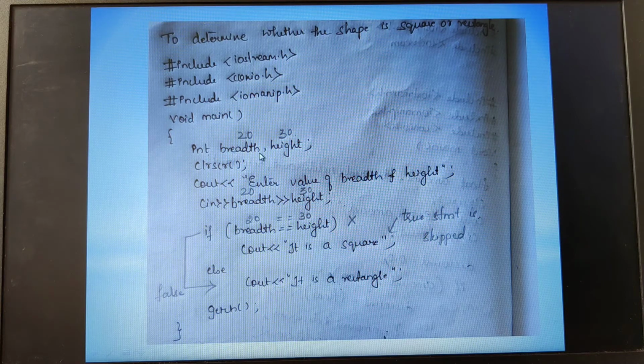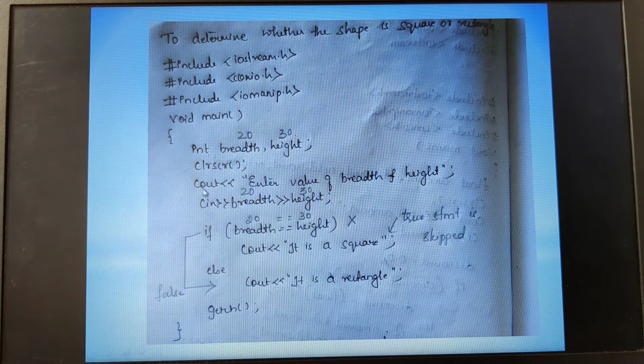Now if you observe carefully, I have just declared the variables. I have to inform the compiler that I am going to use two variables, breadth and height, of data type integer. Then clear screen, so that all previous contents which have been executed will be cleared.